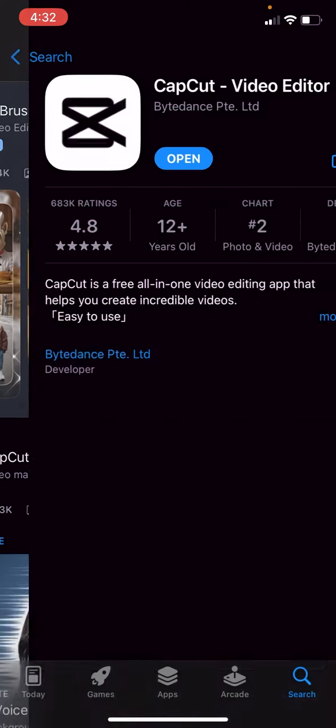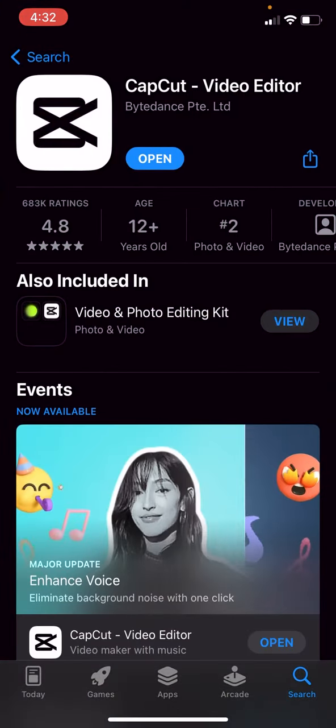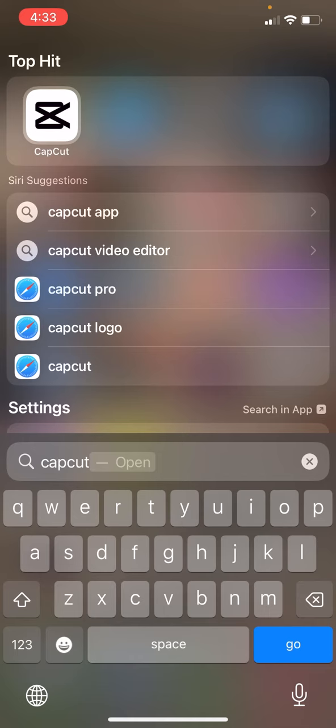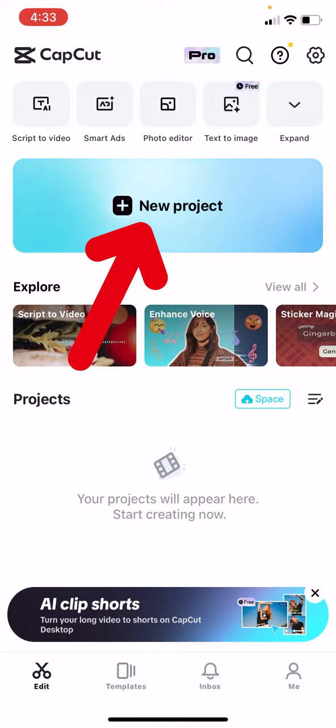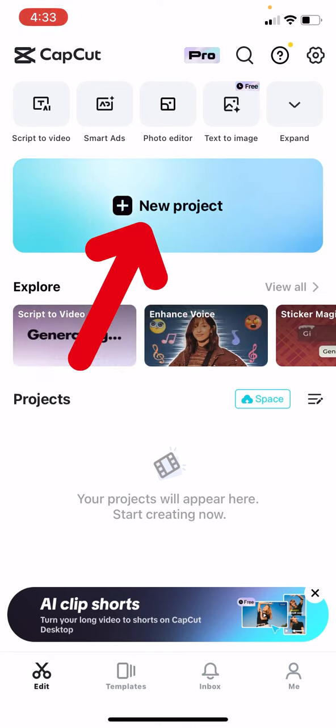If you haven't already, first go to the App Store, look up CapCut Video Editor, and update and install the app. Once you have the app updated and installed, let's open it up. Once you've gone through the steps of logging in or creating a CapCut account, we're going to go to the bottom left to the Edit tab, and here we're going to press on New Project to enter one of our